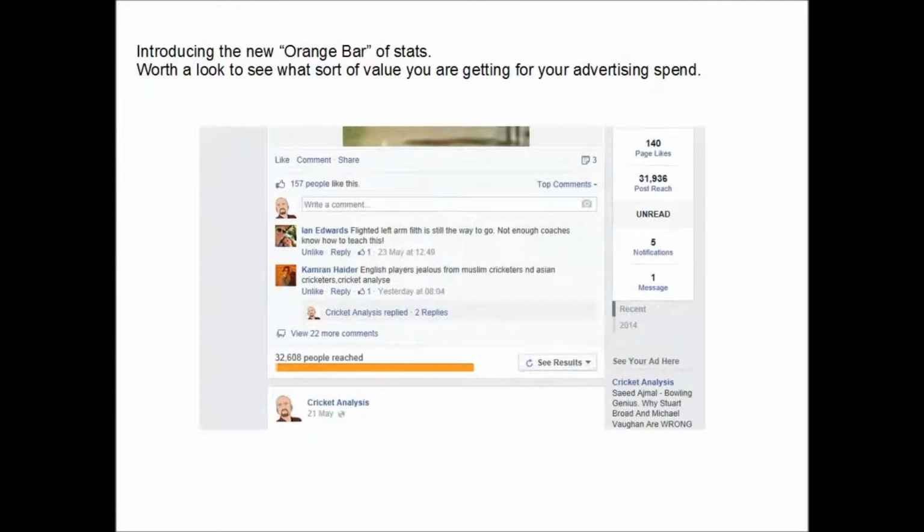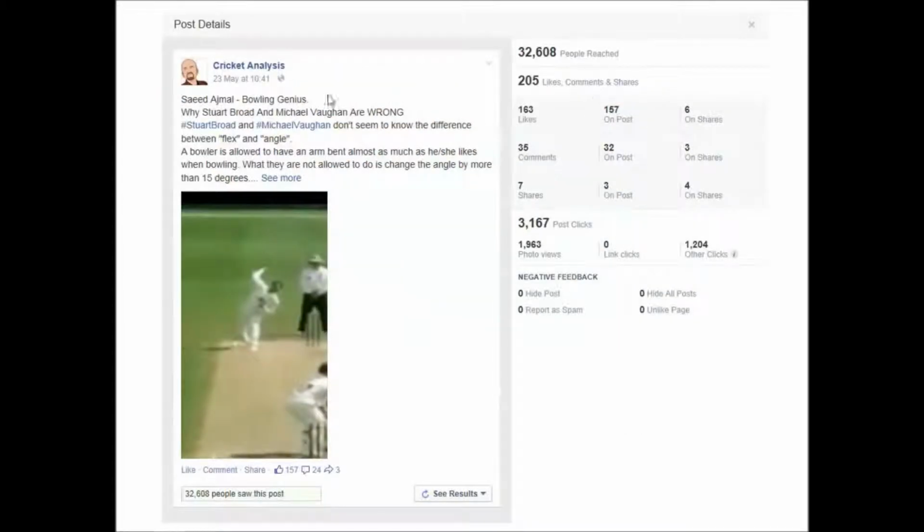There's this new orange bar which Facebook introduced a couple of days ago, which you now press and it gives you all the details in a lot more depth than it used to, or at least it brings it all into one place. If you set yourself up with a Facebook advertising account, which all you really need to do is attach your Facebook page to a PayPal page, and I'll link to that on demondemon.com to show how you've done it, you'll get all of this available to you. And the sort of information it gives you is here.